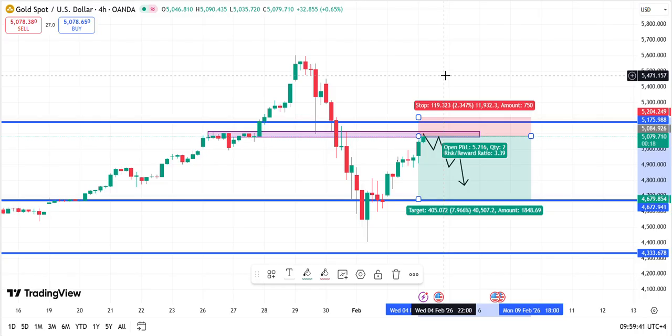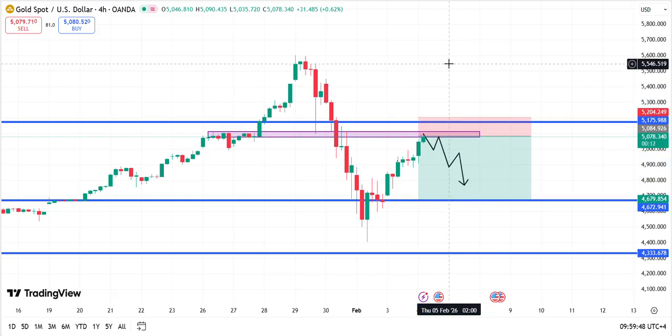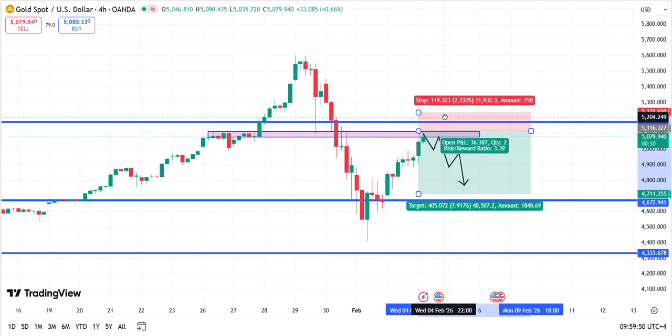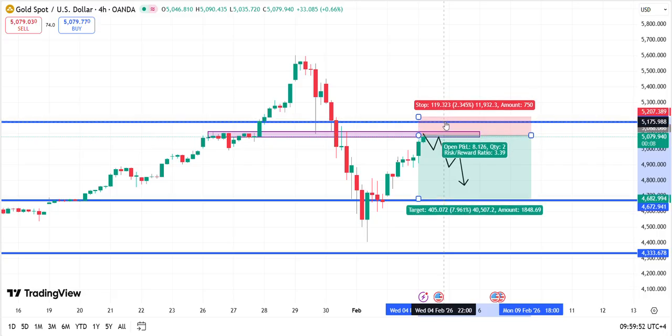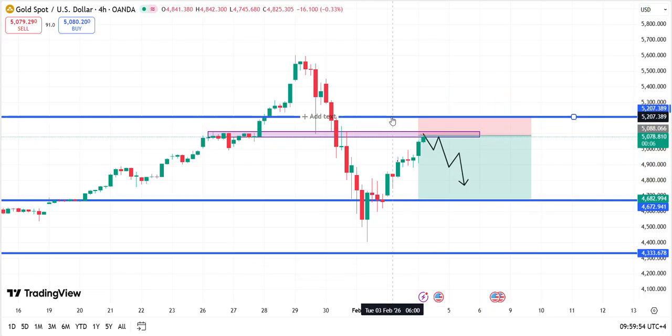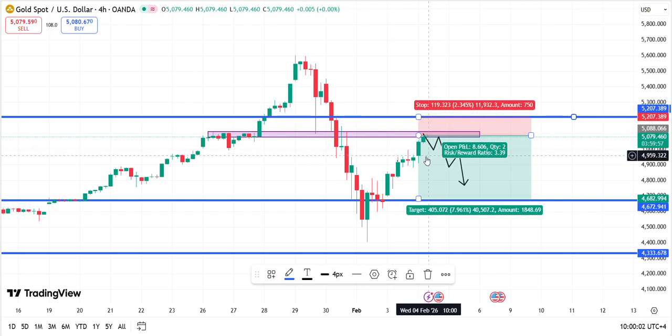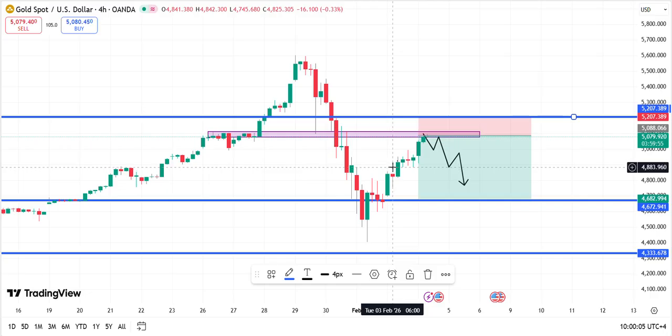So be cautious, be prepared for adversities, because a war situation is going on at any given point of time. News can come in, and it can give us some huge wick in the market to the downside or to the upside. So that is why I'm telling you, don't open big positions. So this is the trade that I am expecting for the day. You can also make a note of it.